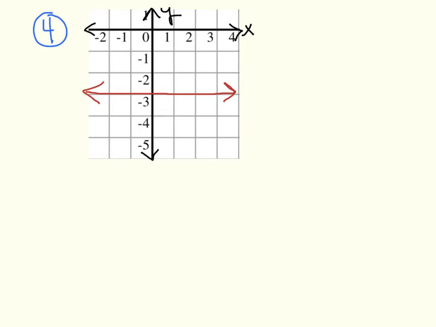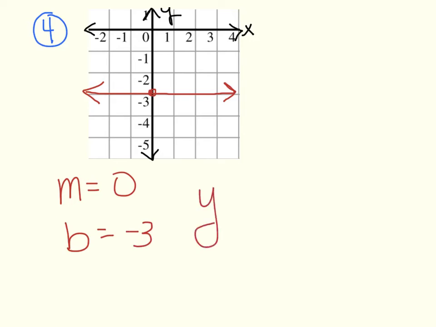Number 4, we have a horizontal line crossing at -3 on the y-axis. So we have to find m and b. Well, because it's horizontal, you guys already know that a horizontal line has a 0 slope. And my b, where does it cross? It crosses right here at -3. So that would be y equals 0x minus 3, but I don't need the 0x, so it's just y equals